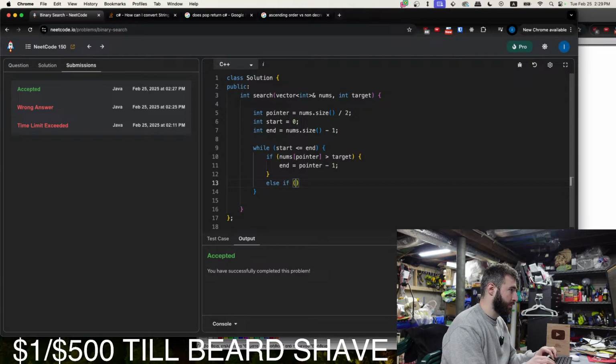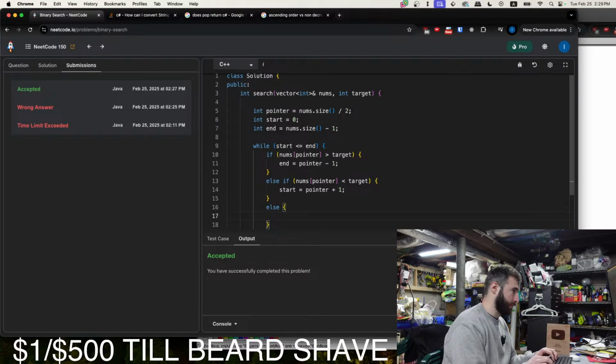Else, if the current element is less than the target, we want to throw away the bottom half. And then, if none of those cases are true, then it's got to be equal. We want to return the pointer.